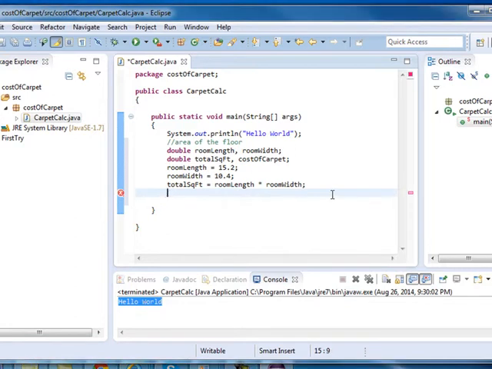Control spacebar, and let's have the output be, and do the shortcut on this. Control spacebar, and our output is going to be